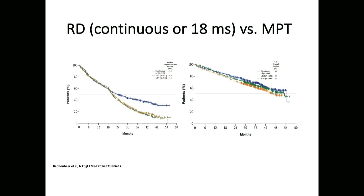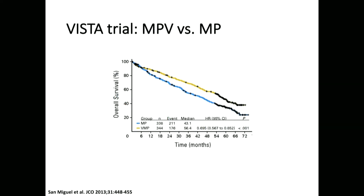Now, what about patients who are not eligible to undergo a stem cell transplant? These patients can be considered for lenalidomide dexamethasone, again based on this clinical trial comparing that to melphalan prednisone thalidomide, showing that there's an improved overall survival and PFS when you do RD compared to MPT. The VISTA trial looked at VMP versus MP, again showing that there's an improvement in the overall survival by adding bortezomib to MP. So another regimen to consider and commonly used in Europe. But I think in the US, the shift has been moving away from using melphalan-based regimens. And I think the trials like the first trial, which demonstrated an improved survival for RD,